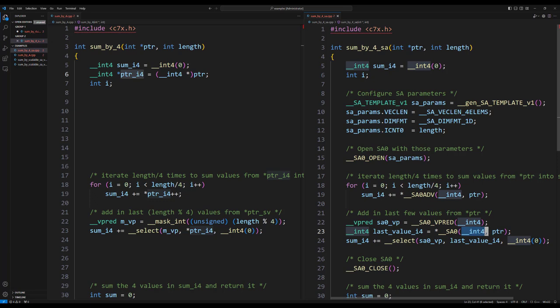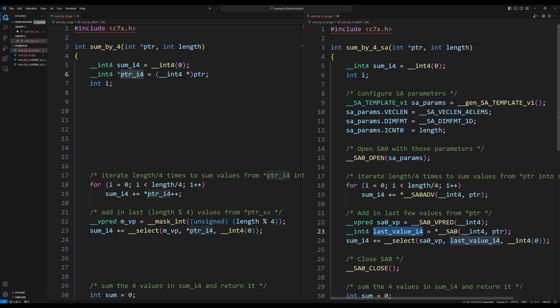So a pointer to a vector with 4 integer elements. Okay? So once you've got that address, then you use the asterisk operator to, in this case, load it, read the memory location, and copy its value to this variable here, last value I4, also a vector of 4 integers. All right, so that's what this line 23 does.